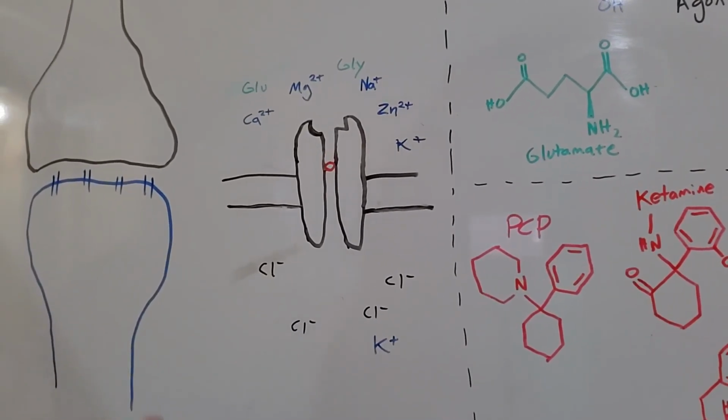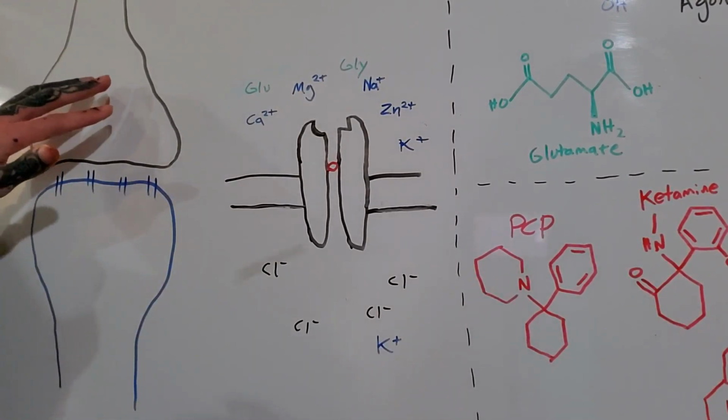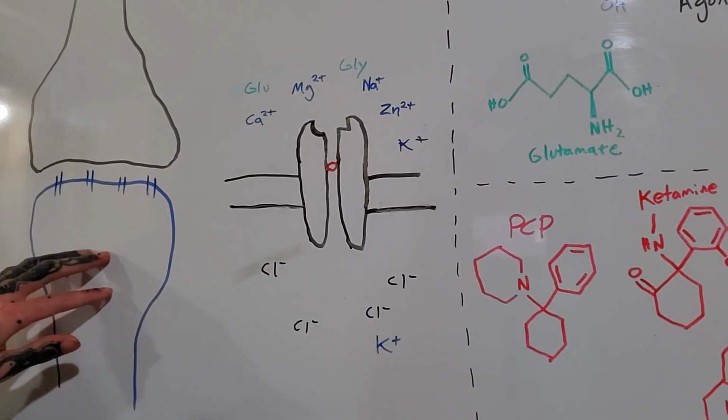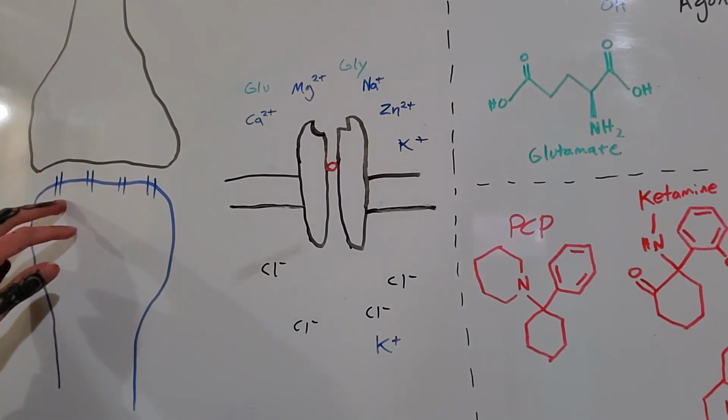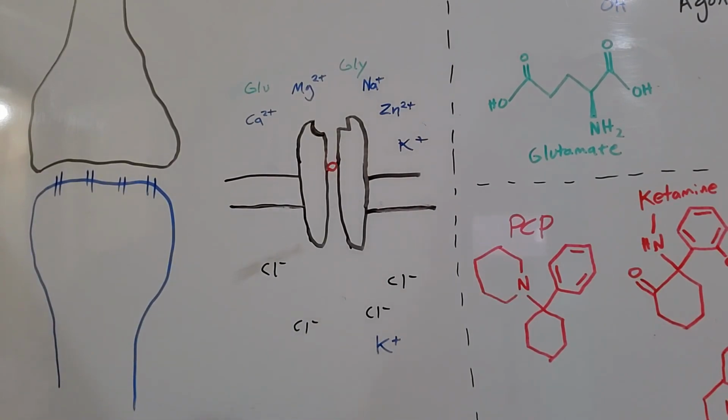So right here is just a basic illustration of the presynaptic and postsynaptic neuron. These illustrate different receptors. Some of them might be NMDA receptors, some of them might not be. And this is the illustration of the NMDA receptor itself. So at resting potential, this is the intracellular space here, the inside of the neuron, and this is the extracellular space, the outside. At resting potential, when it is polarized and has a net negative charge due to the presence of anions like chloride, for an electrical signal to fire through the neuron,